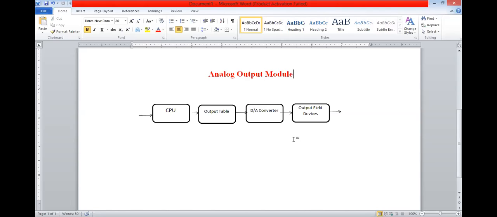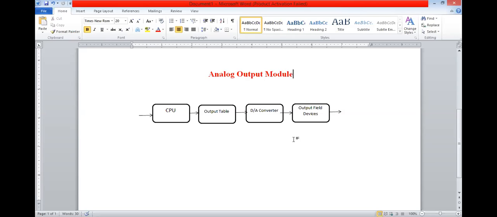As I told you for the input module, a bit stream is there. That bit stream may be 8-bit, 10-bit, 12-bit, or 16-bit. Similarly, the output in the form of a bit stream is generated by the CPU, and that output is accepted by the analog output module.